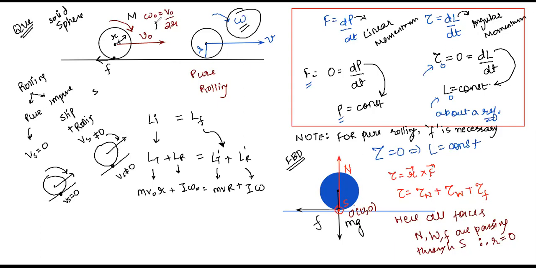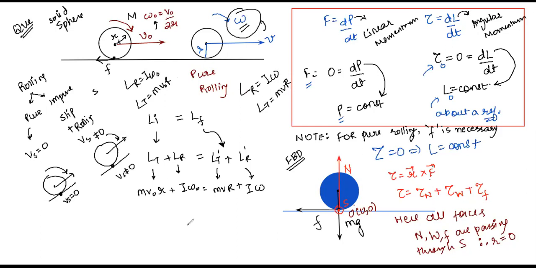Here the angular velocity is omega naught, whereas here the angular velocity is omega, and we always take rotational angular momentum as I omega. Here, rotational angular momentum will be I omega naught. Are we clear with this, Karuna? If there is any doubt, just ask. Don't keep it to yourself. Pakka, clear?